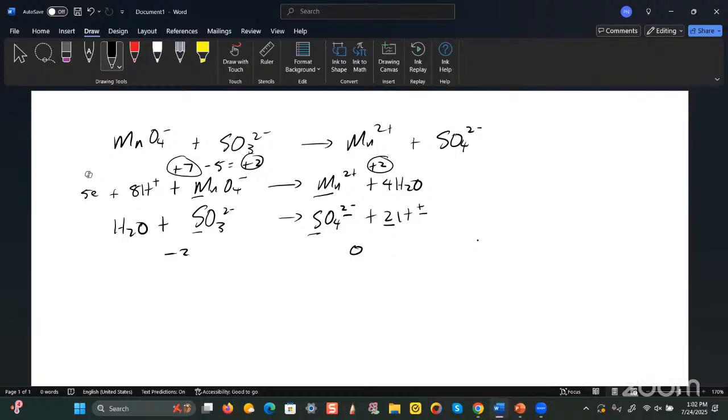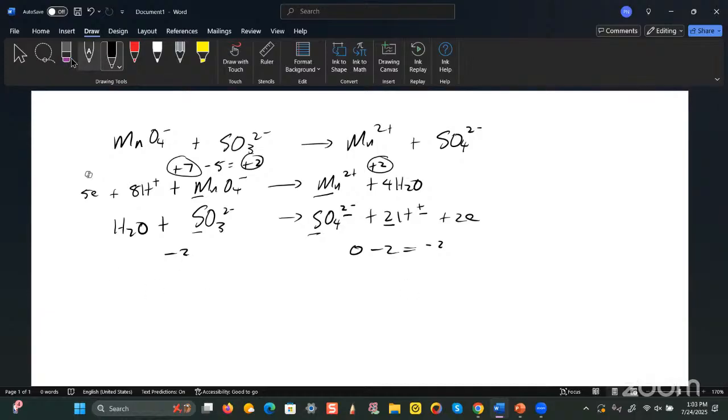Remember, you add electrons to the side with the higher net charge. So which side has a higher net charge in this case? Which one is higher, minus 2 or 0? 0, right? So that means you're going to add electrons to the right side. How many electrons would you add? Exactly. So we add 2 electrons so that this becomes minus 2, which balances with the minus 2 on that side. Okay, very good. So now that we have balanced all the atoms and all the charges, the next step,